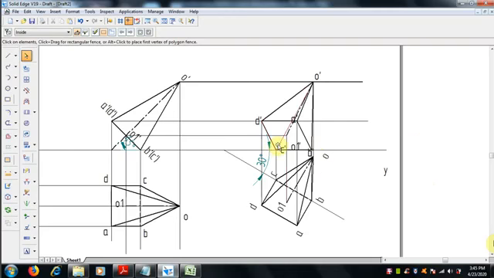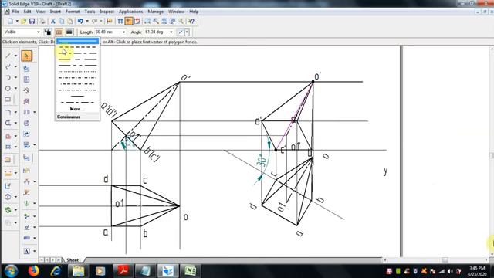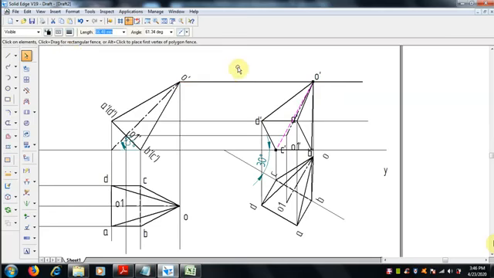Axis line is over now, and that slant edge C to O is hidden, so select it as hidden line.